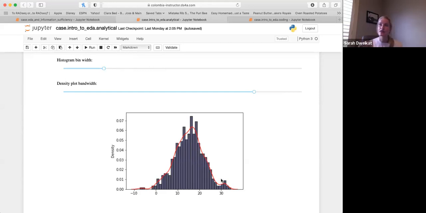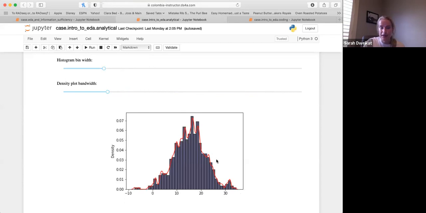We can see a little bit more clarity in our data in terms of the different spikes in it, how our data divides up, and then we can adjust our bandwidth. That just smooths out our density plot to either show us a general trend of where most of our data falls, which in this case is here, or if you had a lower bandwidth, it can make it really spiky.